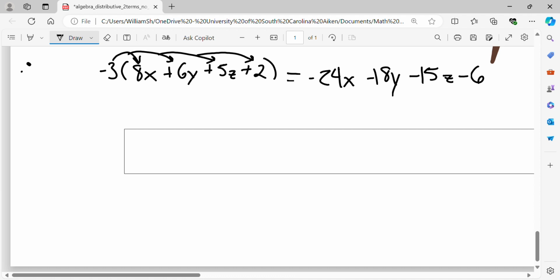We will look at the FOIL method further on down the line here in another lecture, but for now, we have tackled the distributive method and how we deal with some parentheses. If you have any questions, don't hesitate to reach out. Like I said, hopefully you practiced this worksheet before or as we were doing it and did some of them on your own before I completed them. You got to be able to do this on your own when it comes